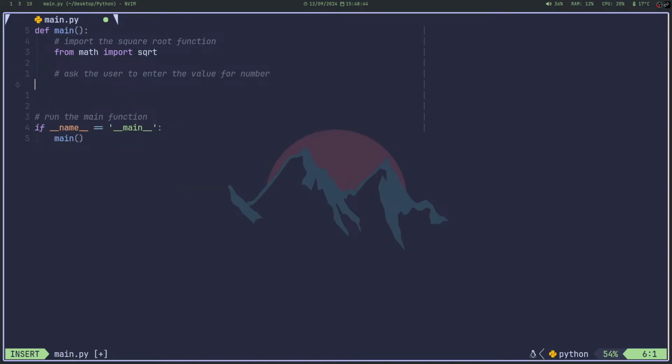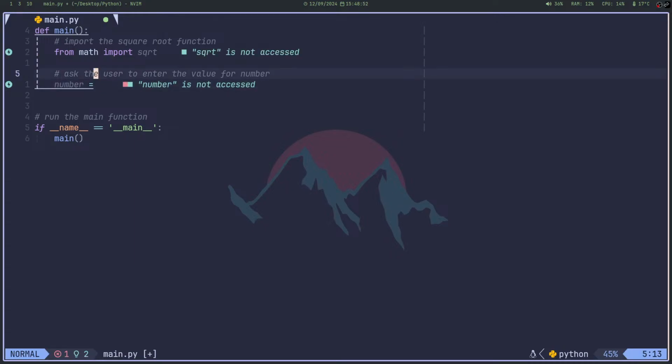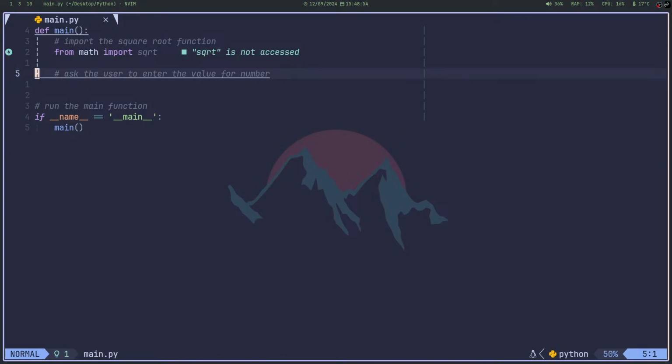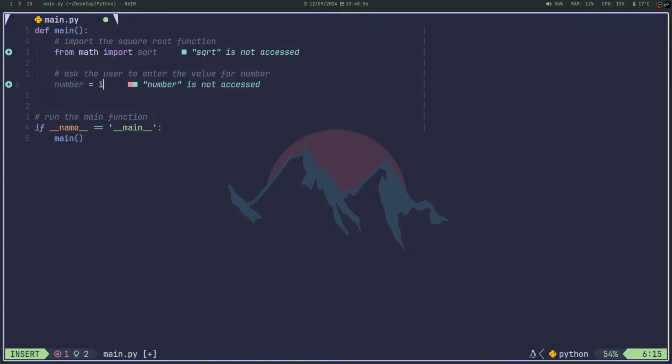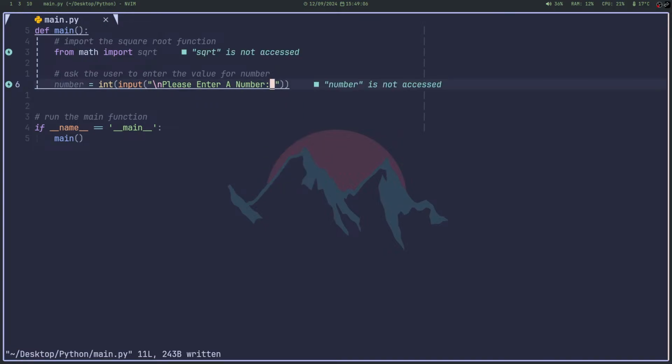Number is equal to... so it's got to be an integer, so wait a second. Undo. int input: please enter a number. So